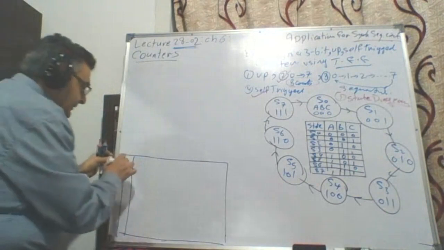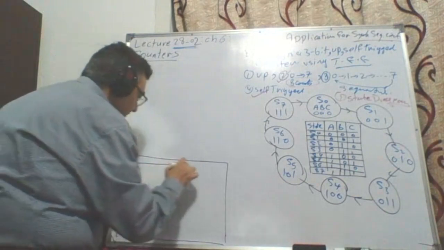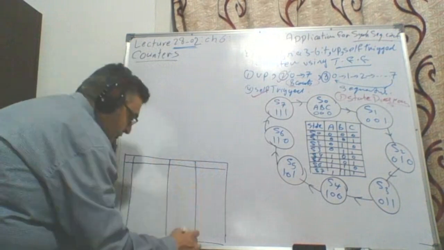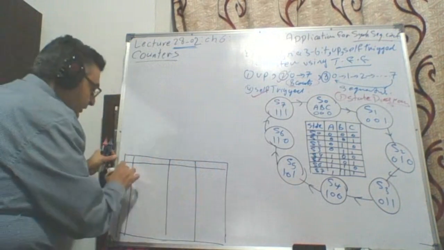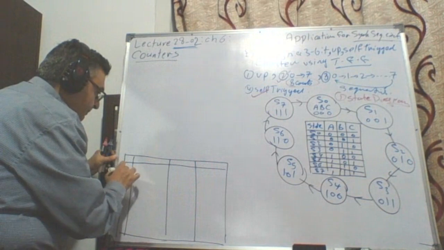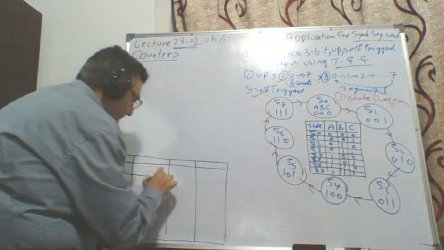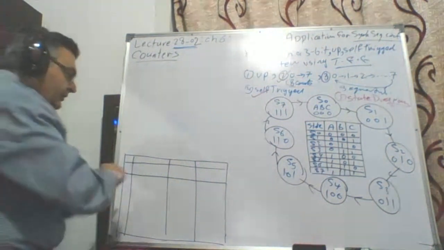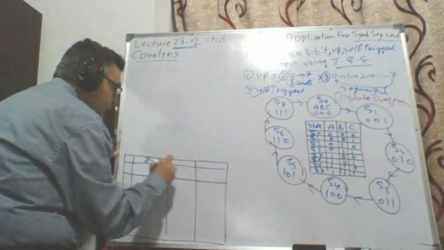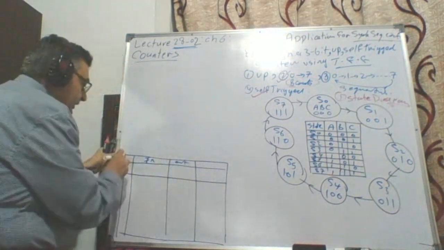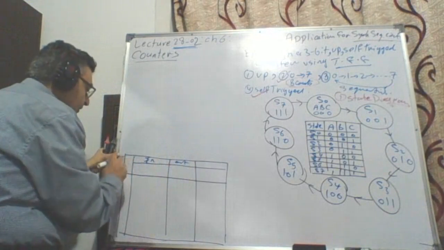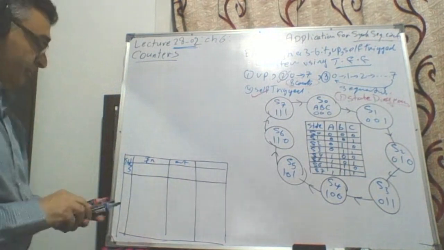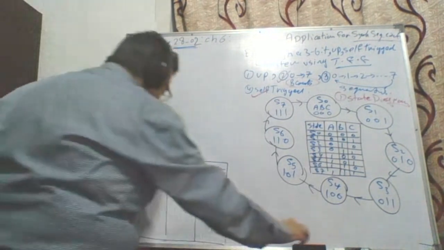The state table has 3 partitions here, if you still remember. I have here the input, I have here the output, I have here the states. Now, for the inputs,